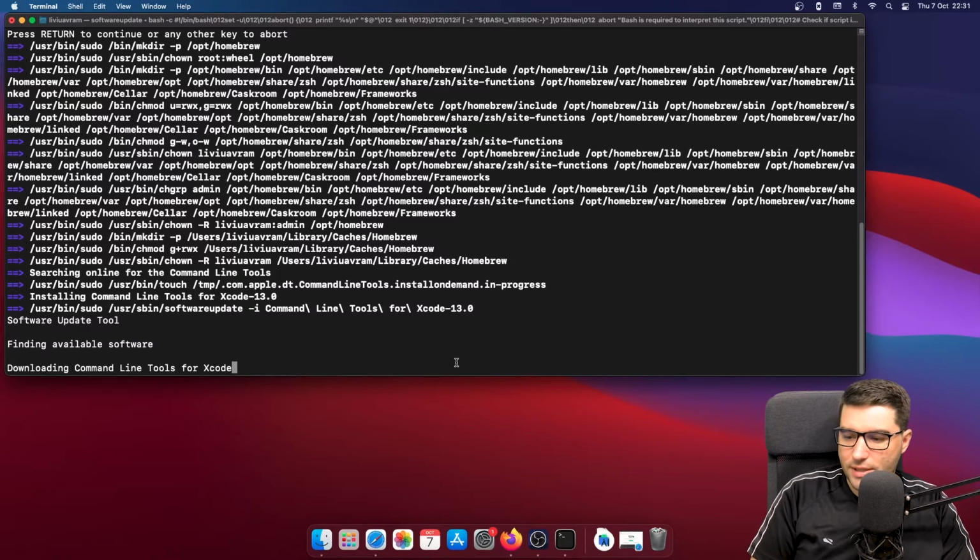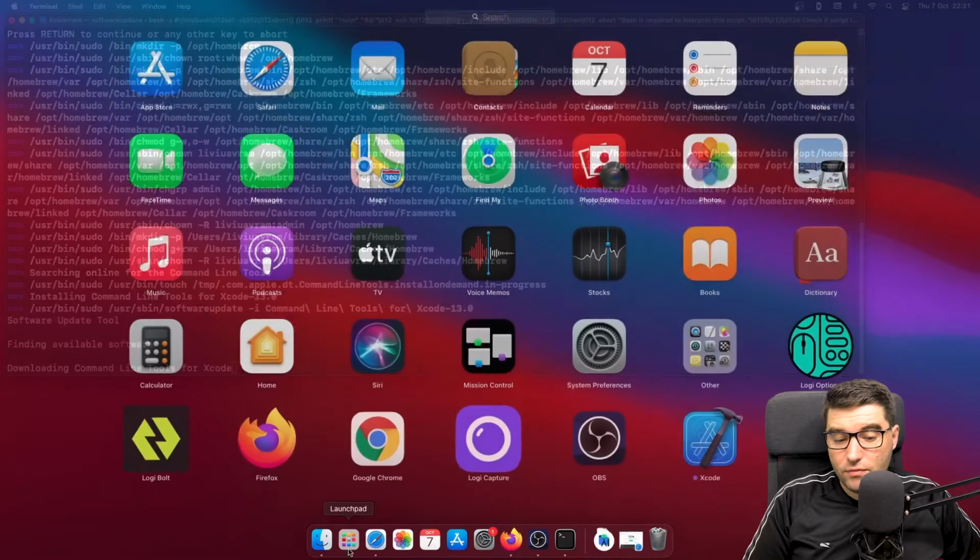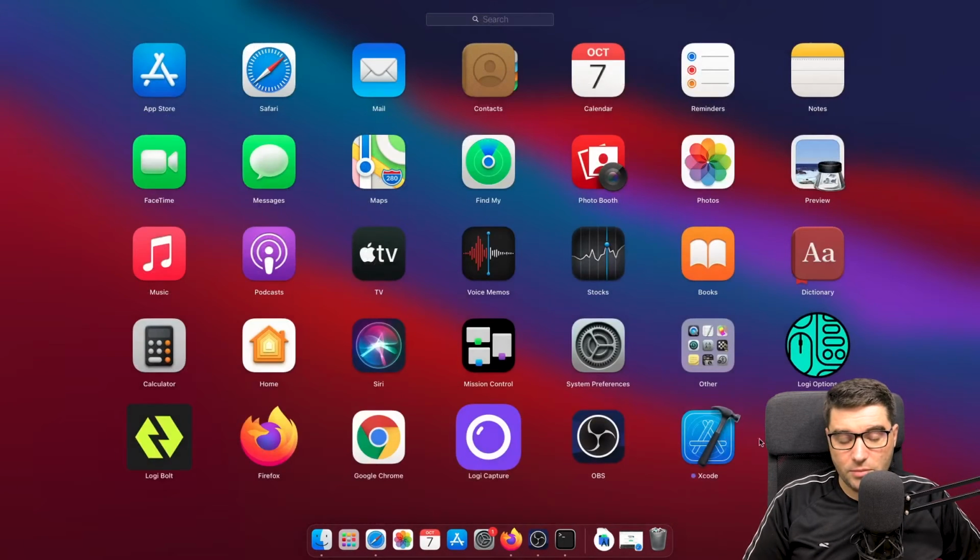This is also installing the command line tools for Xcode, and we are also going to use those for our automation projects on iOS, so this is very important. I had Xcode downloaded before, and I can see that it has finished downloading now.